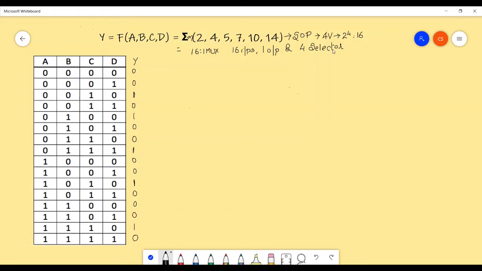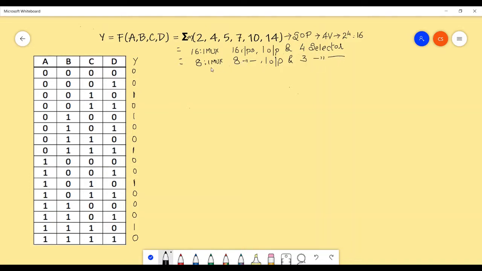So this is a normal thing. But what they are asking is, they are asking to implement the same function using 8:1 mux, which is having 8 inputs, 1 output and 3 selector lines.